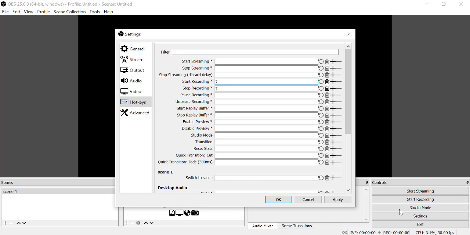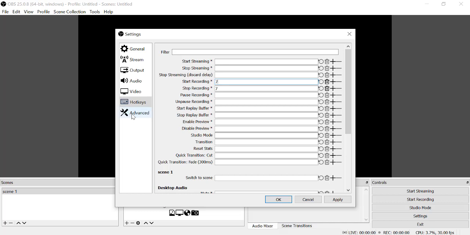So what will happen? This software records all those things which I have done. For example, I go to the software, it records. Again I come to PowerPoint, it also records. So whatever is on the screen, it records. So please remember, I open my PowerPoint presentation, I just give the hotkey. I press 7 and start recording. I finish my presentation, I press 7 and stop recording. So this is the basic thing to give a start. You can use it for start streaming, stop streaming, and everything.